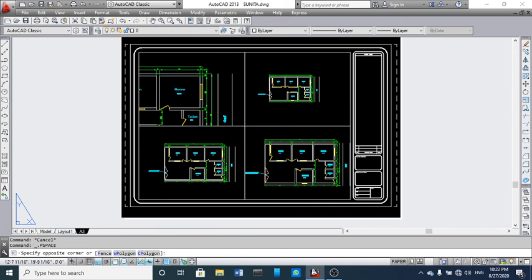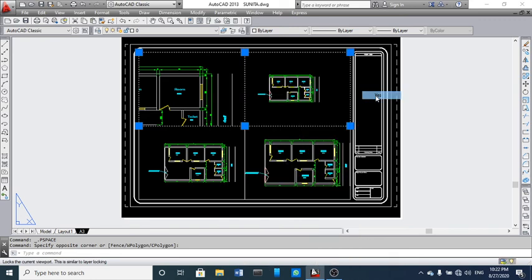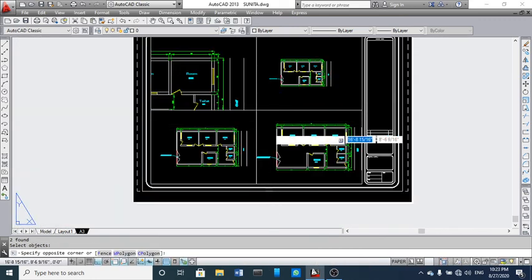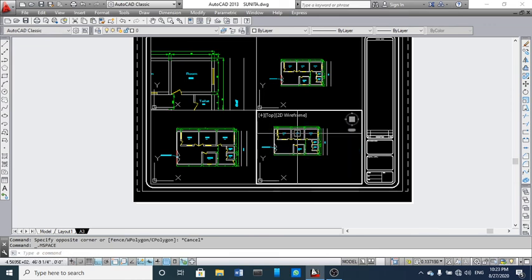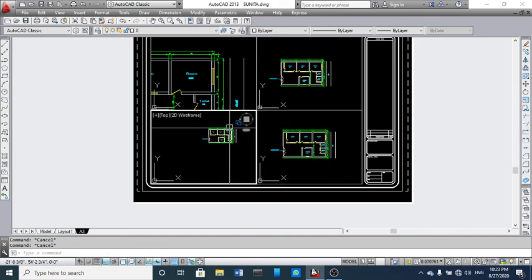So here you can choose your viewport. You can set display lock yes. If you choose yes, you want to lock, then there is nothing you can do inside here. But as this one is not locked, you can change here whatever you want to do. Same here, you can change here also.